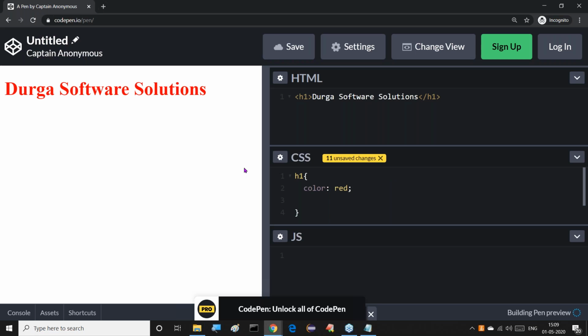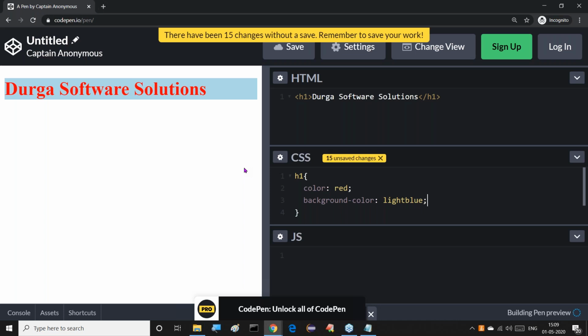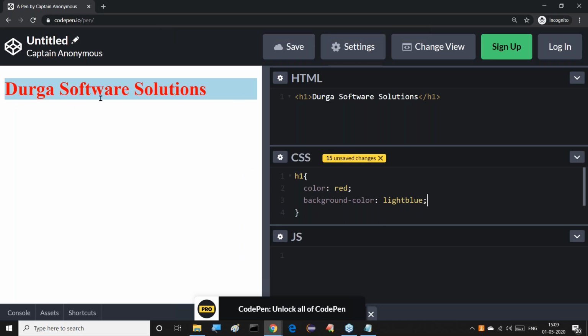Up to this H1, I also want to provide a background color, say for example light blue, something else. So with the background color we get the content clearly.